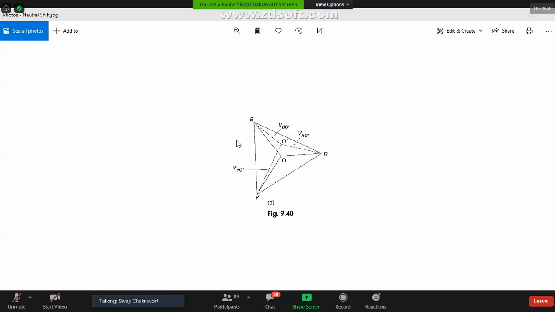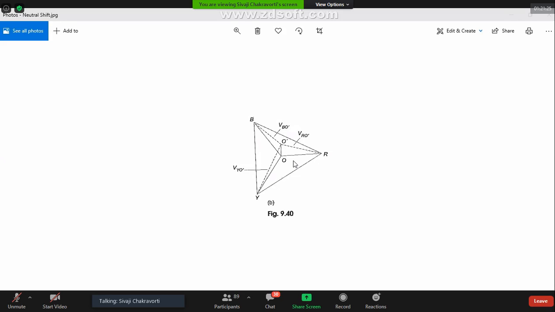And this is called, in technical terms, a very important aspect of electrical engineering. It is called neutral shift, because neutral has shifted from O to O prime. So I repeat, for a balanced case, that means the source, O is the neutral, it is at the centroid of the triangle. For the unbalanced case, three voltages as well as their phase angles are different. So I can plot, and this will be O prime, the neutral of the load.